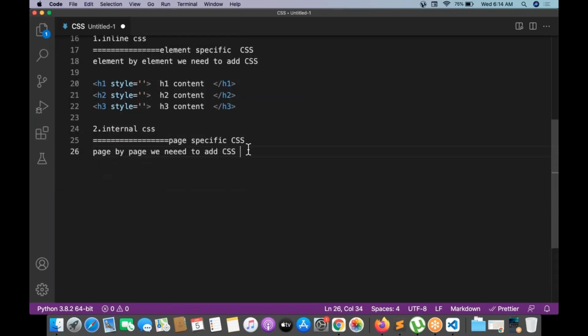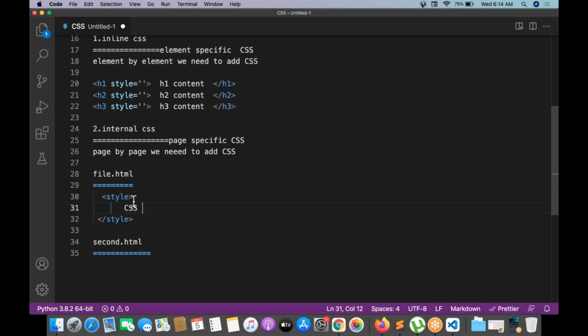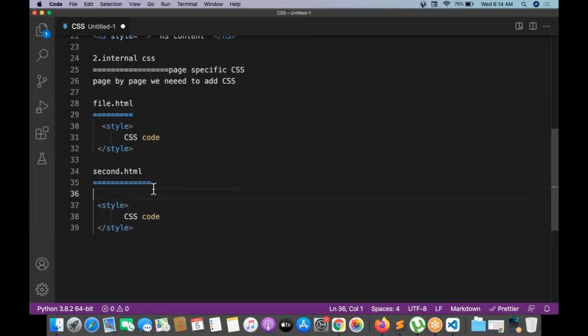For example, if I have n number of pages, a first page called first.html and a second page called second.html, for these two pages separately I need to integrate CSS using the style tag open and style tag close, with the CSS code inside. The same way here also, style tag open, style tag close.